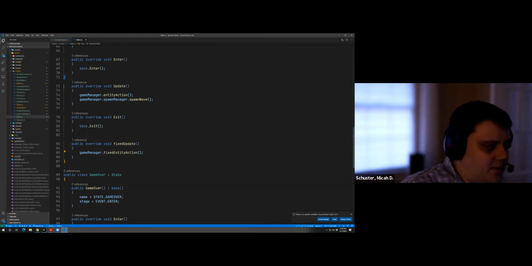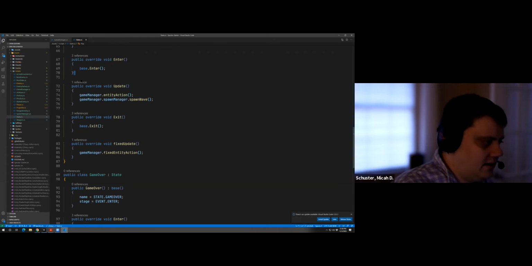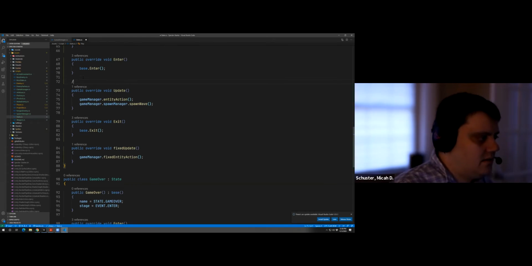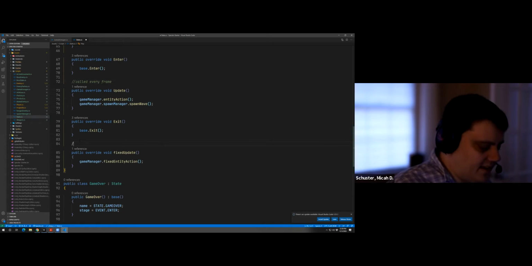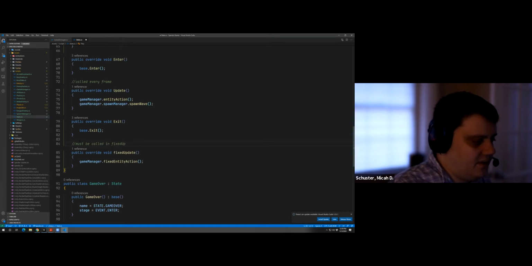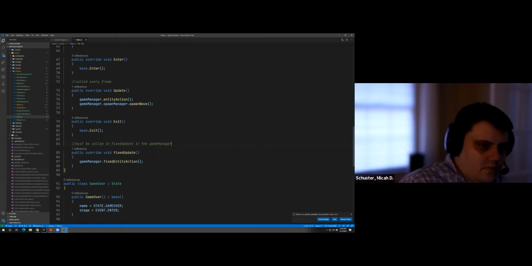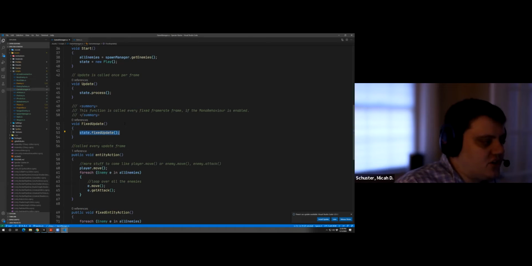So think of this update as being called every frame. And this update, let's say something like, must be called in fixed update in the game manager. So now any place we need a fixed update to be run, we can just call this function as part of our state. And remember, our states,